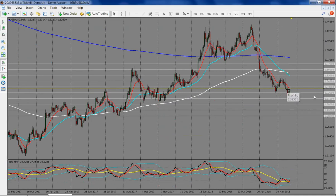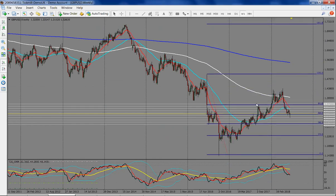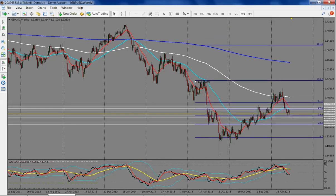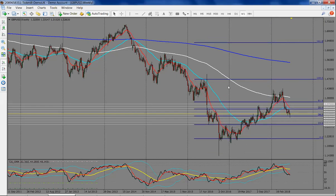Okay, now I think we did look at this market, and what was most interesting is obviously where the market actually landed. So from this swing low to this swing high, we had this break above the 62% Fibonacci retracement. However, if we're just looking at the manipulation side of things, if we don't include the spikes at the end, we had about 79% retracement